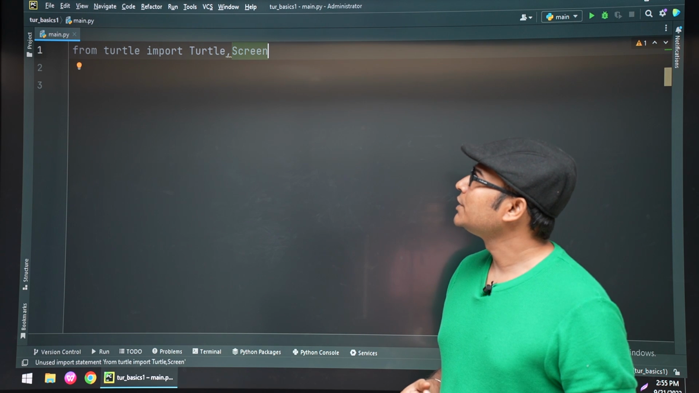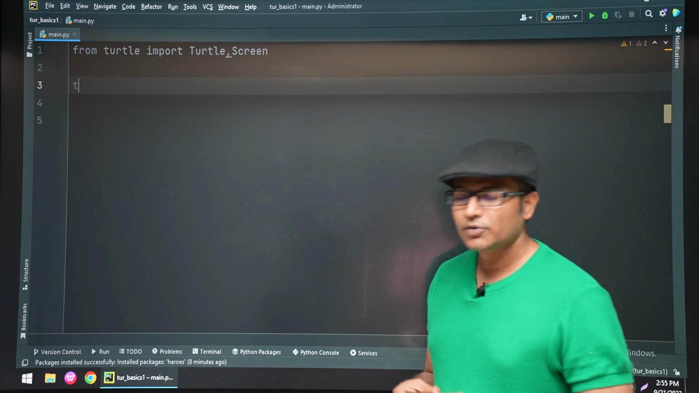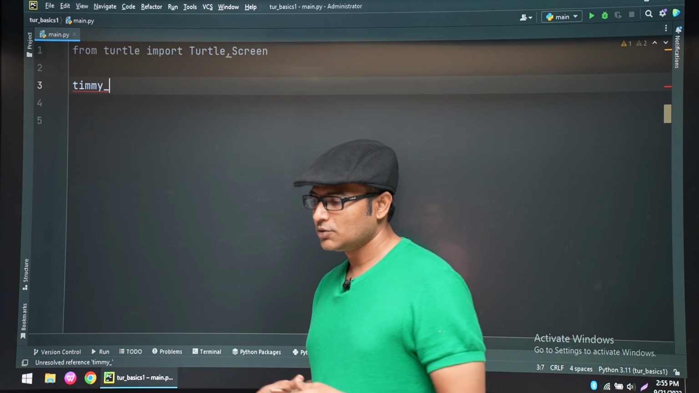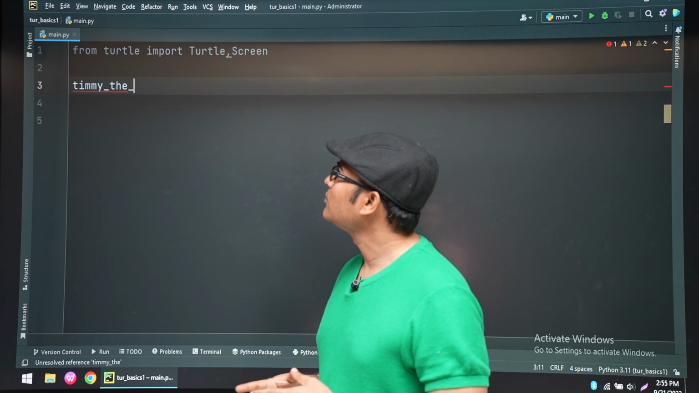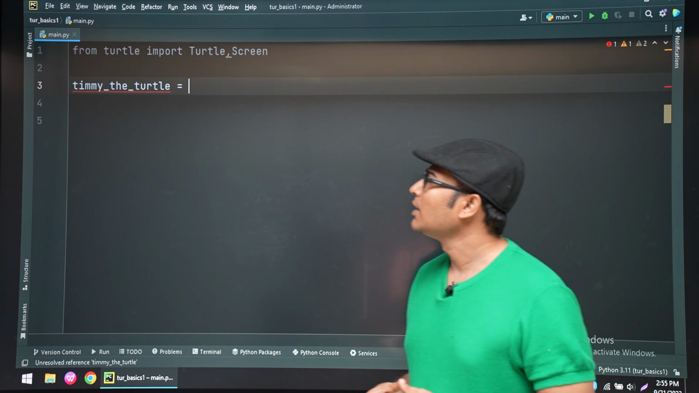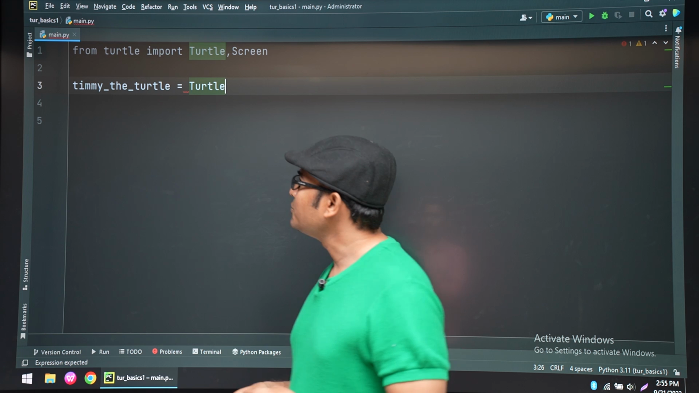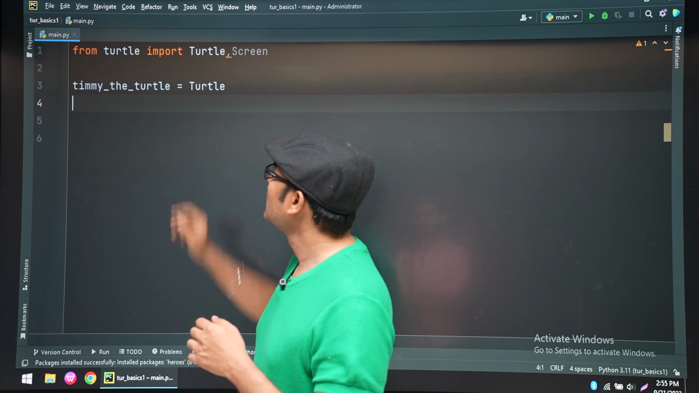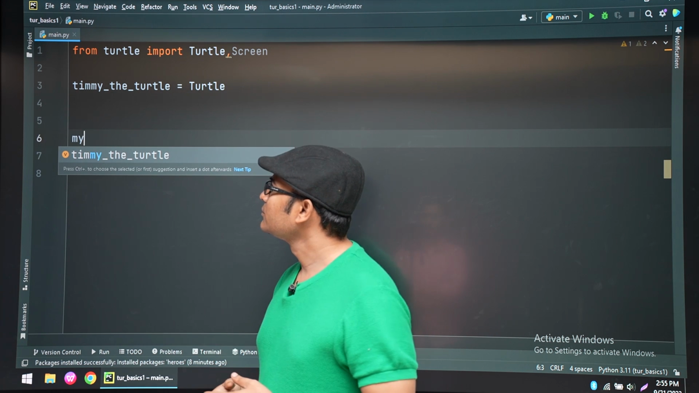So actually you need Screen also. In order to get hold of the screen, you can also put a star there. But anyway, if it is more than 3, then we can put a star. Otherwise, it is fine. So let us create an object called timid_turtle equal to Turtle